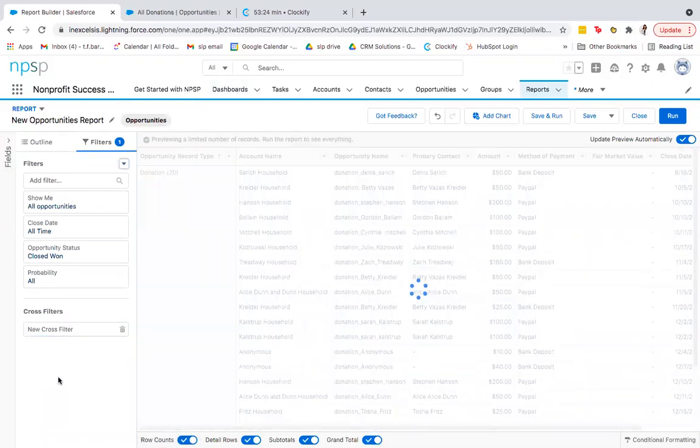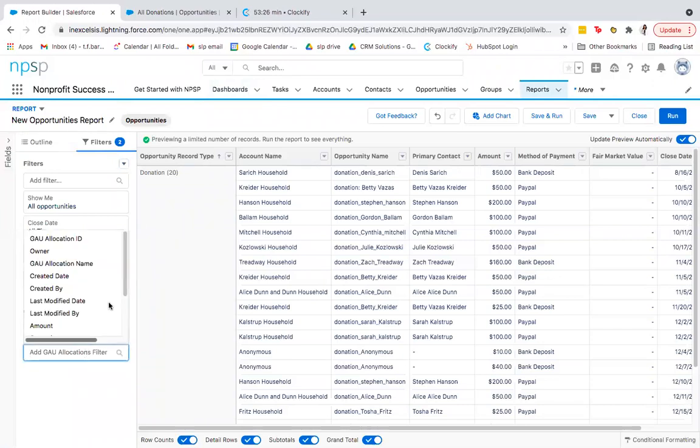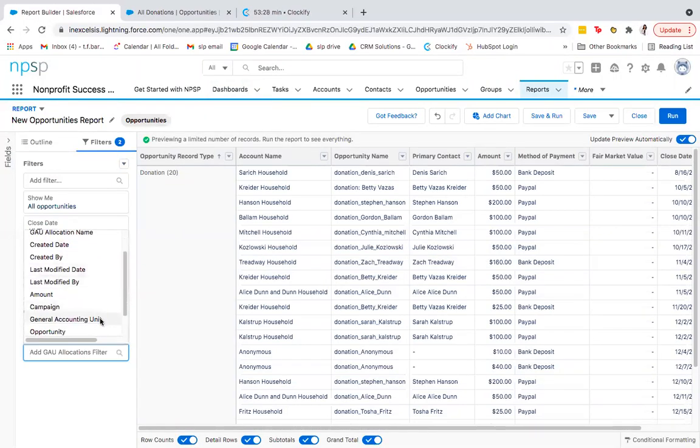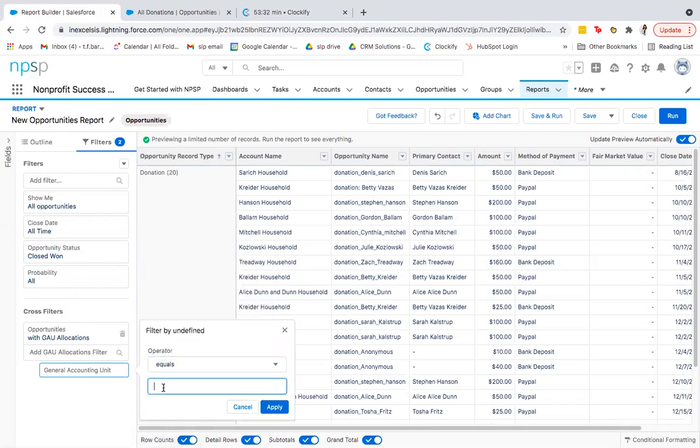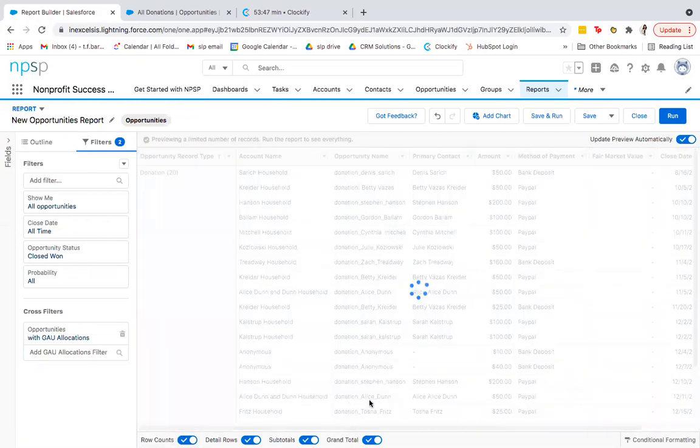And then this is where you're going to filter the general accounting unit, and you're going to hit equals, and the name has to be spelled exactly the way that your general accounting units are listed here in Salesforce. So community outreach is one of the general accounting units. You're going to hit apply here,